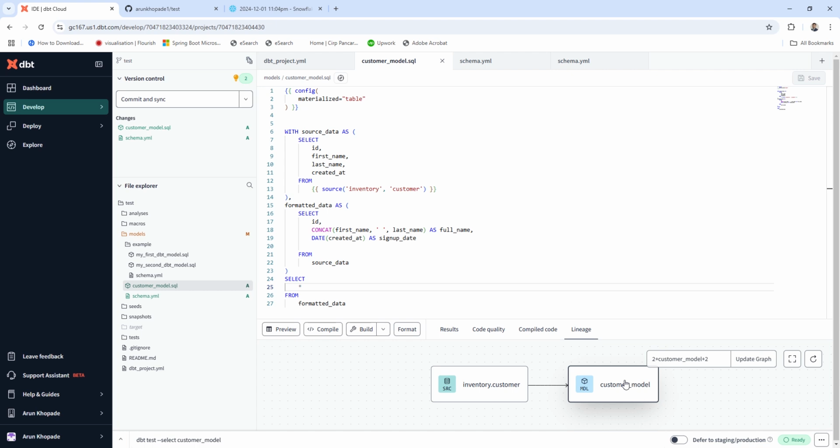This is very useful information as a data engineer, so that you can get a very quick view of